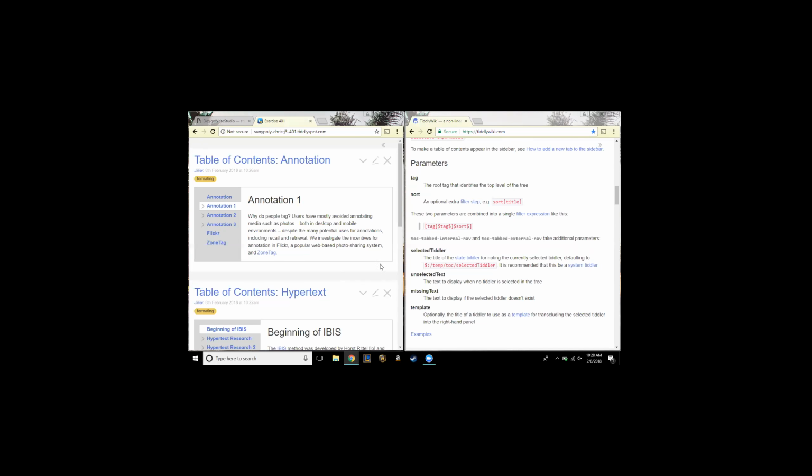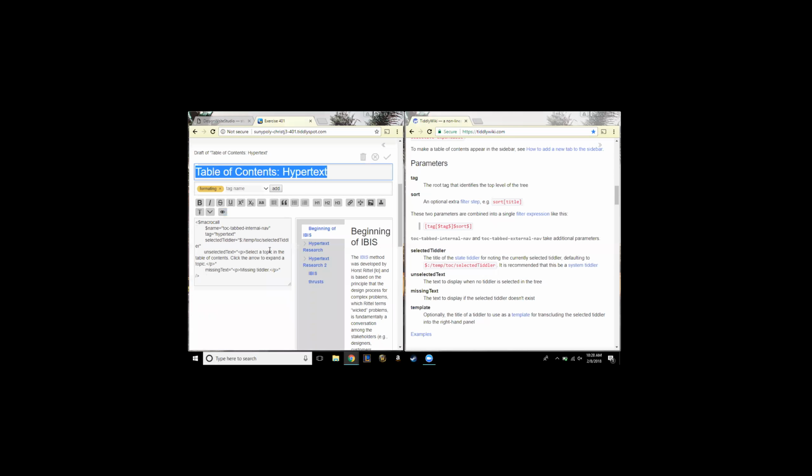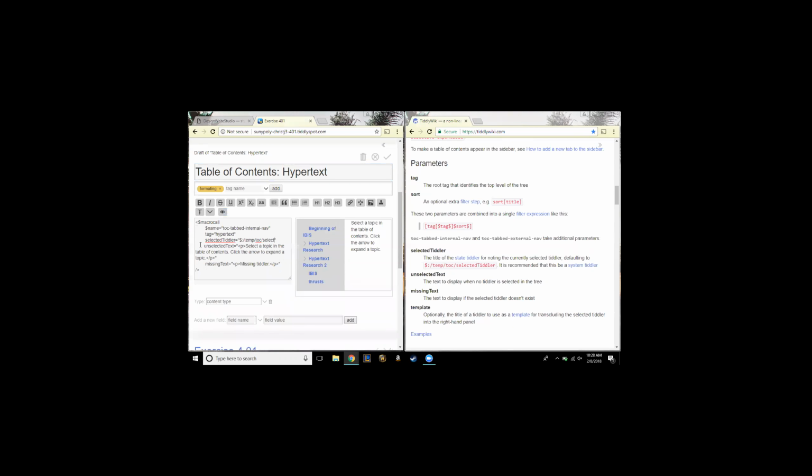Okay. Should I change the other ones then, or it shouldn't matter? Yeah, change the other one, in case you ever create another one. And you'd only notice that if you had both tiddlers open at the same time. Right? If you didn't have them open at the same time, who cares?